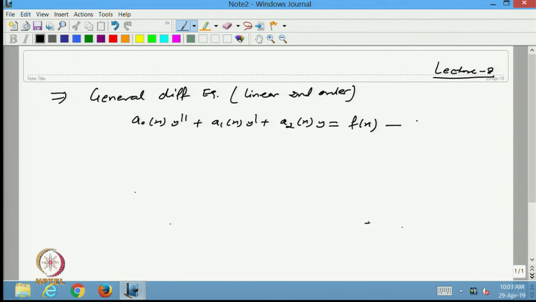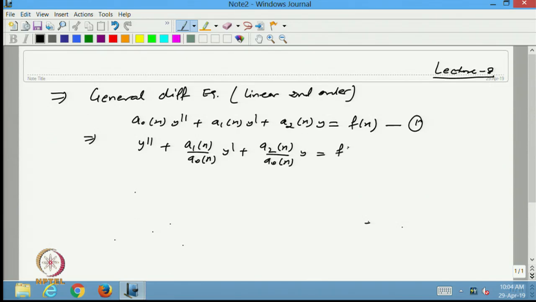This equation I give the name 1, and I know that this can be further written as y double dash plus a1 x over a naught x y dash plus a2 x